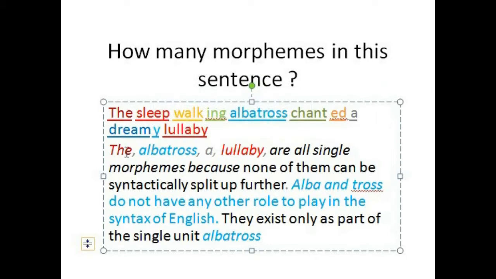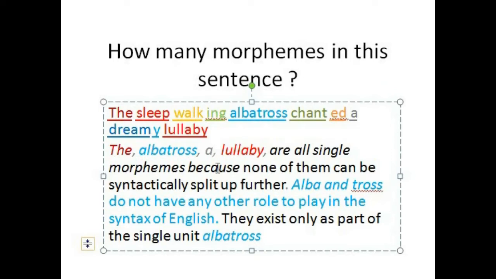We need to study the structure of this sentence in terms of morphology. So the, albatross, a, lullaby are all single morphemes because none of them can be syntactically split up